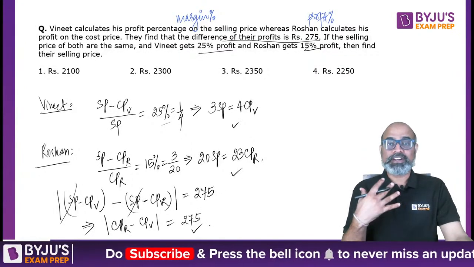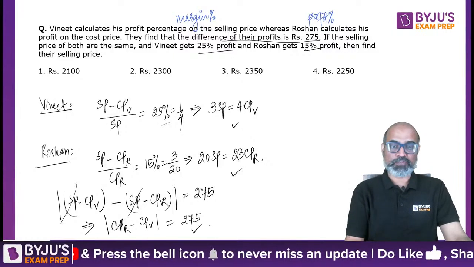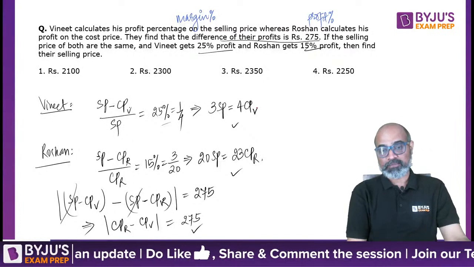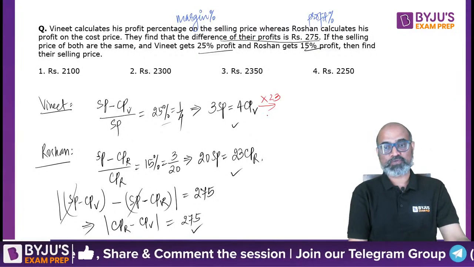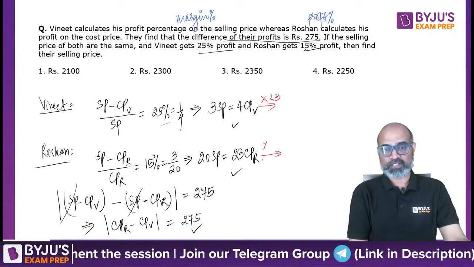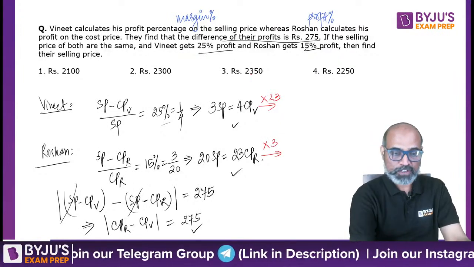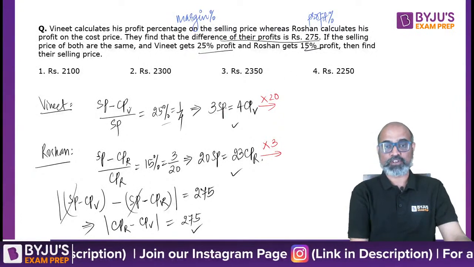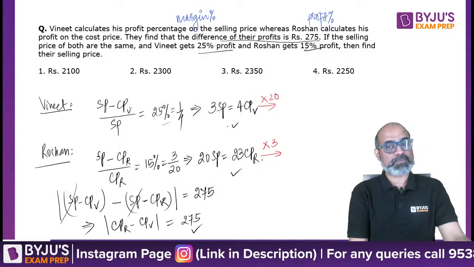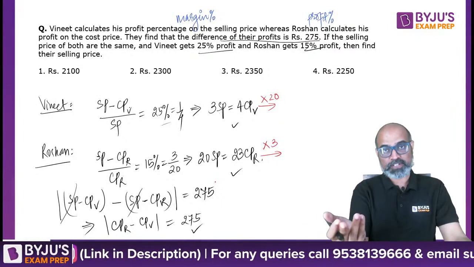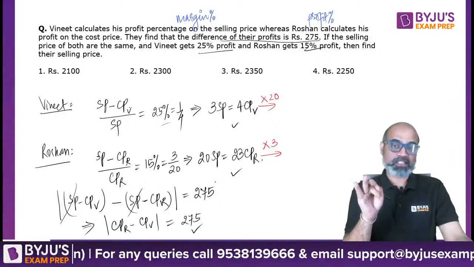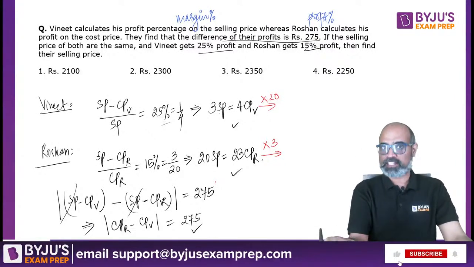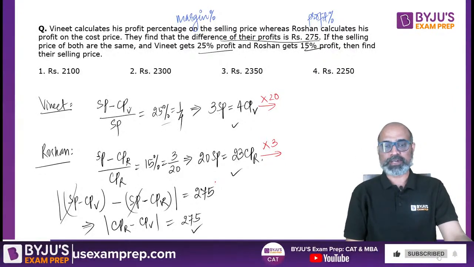So if we want to find out what is the SP, we will have to get rid of CP, right? For that, it's going to be very time consuming. So we'll have to multiply the first one with 20, the second one with 3, so that my LHS has the same coefficient, right? 60 SP and 60 SP, so that I can find out the relation between cost price of Vinith's article and cost price of Roshan's article, and use it to find the difference to certify. I'll get the cost price, eventually I'll get the selling price,